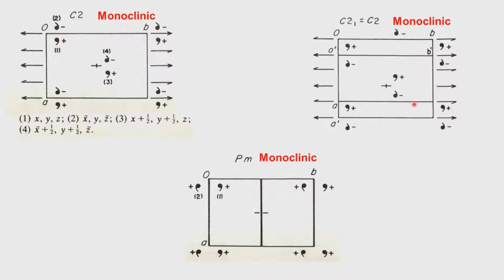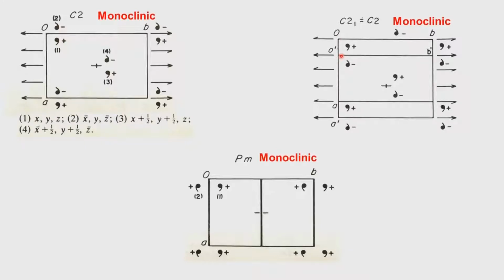So, I want you to write down the possible equivalent points for C21 and also the equivalent points of C2 and verify yourself that this can be now considered as C2, because it is just a question of shifting the position of the origin by 1/4 the unit. And it so happens that once it shifts by 1/4 the unit cell, the 2 1 screw is replaced by a two-fold axis. So, C2 and C21 are one and the same. So, the equivalent points will be exactly the same with respect to the C2. So, we do not have a space group C21 anymore.